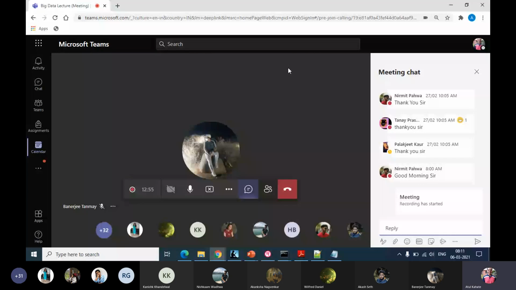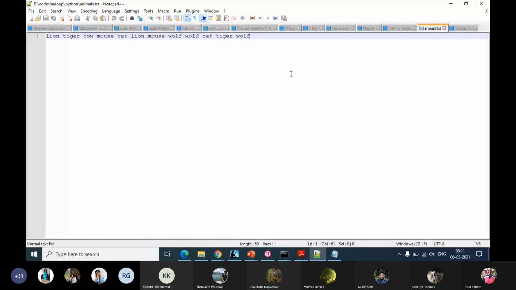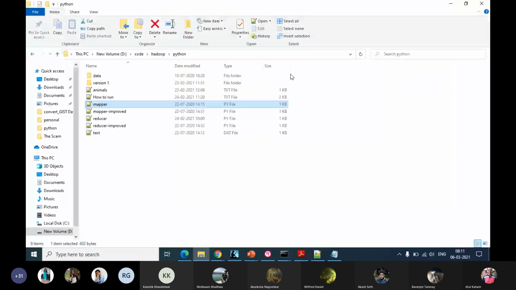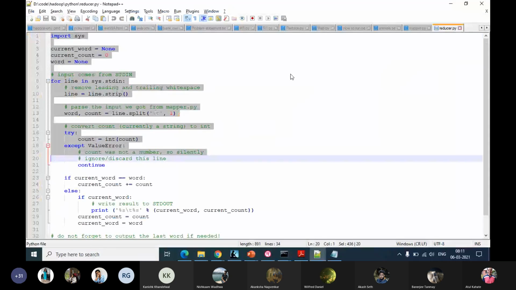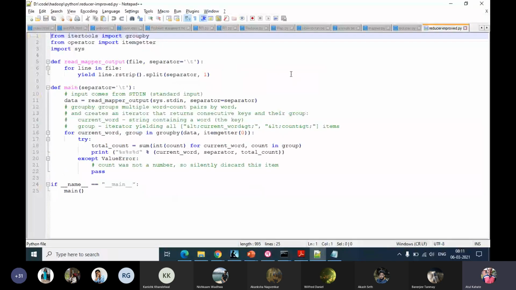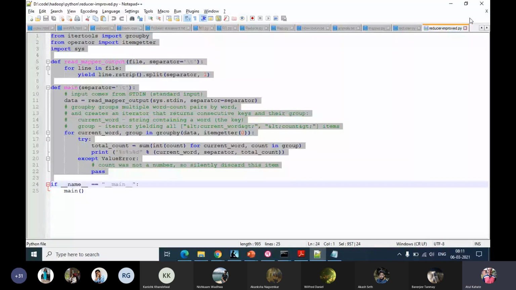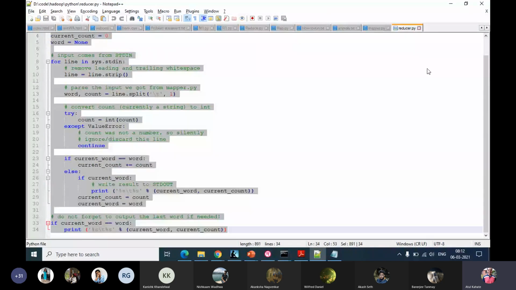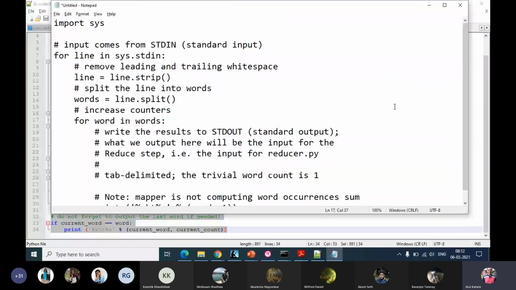All right. Now let's try our reducer code. There are actually two ways in which we can write this, but just to simplify this, instead of complicating it right away, we'll just try the simplified version.